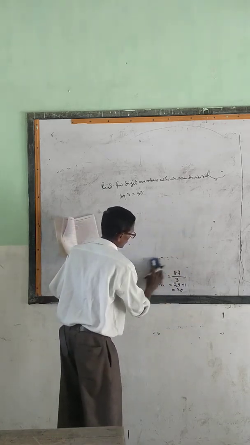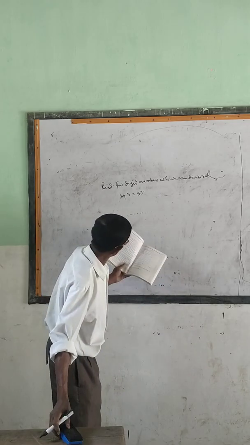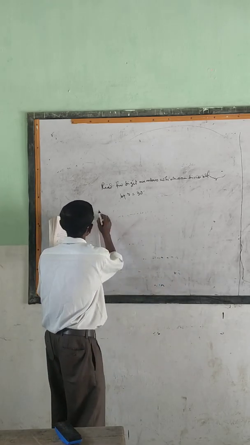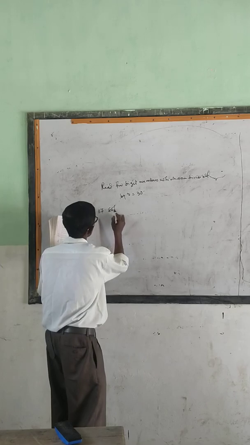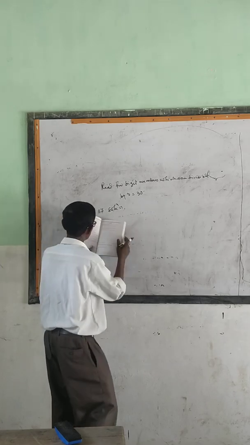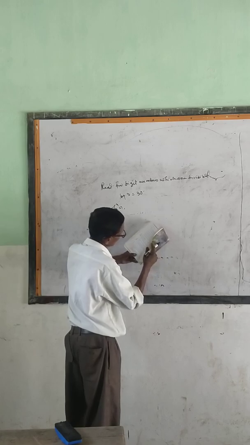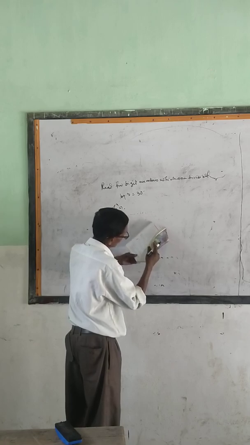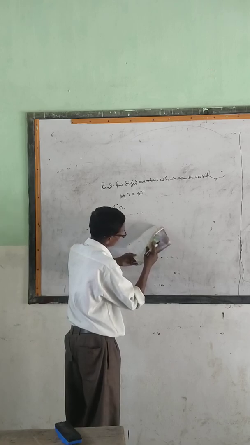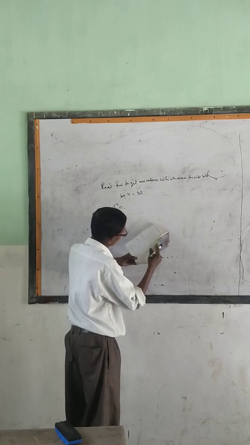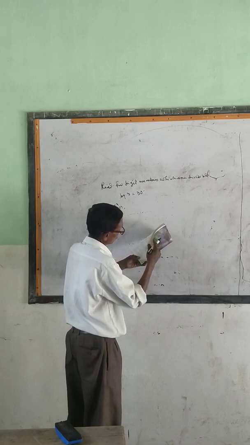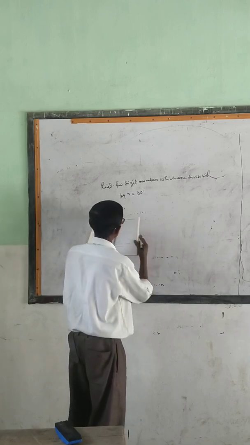So question number 17. I am not writing the question, let us read out the question. In an auditorium, the seats are so arranged: there are 8 seats in the first row, 11 in the second row, and 14 in the third, and so on, increasing by 3 each row. There are 50 seats in the last row. How many rows of seats are there?